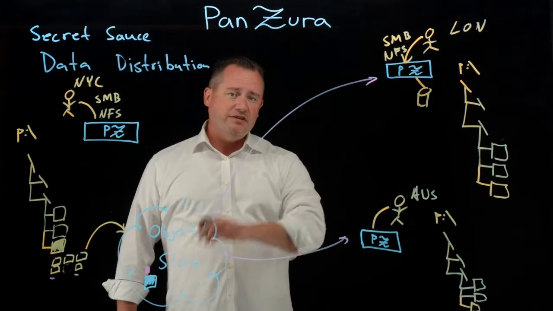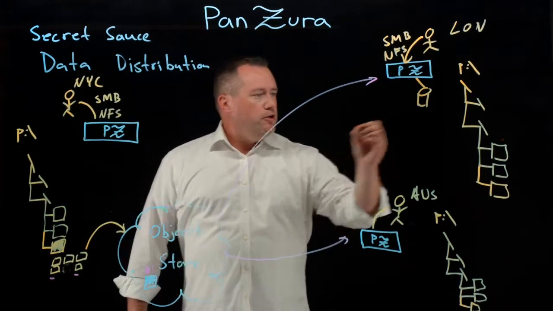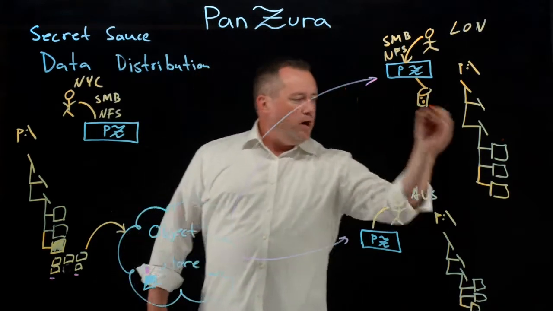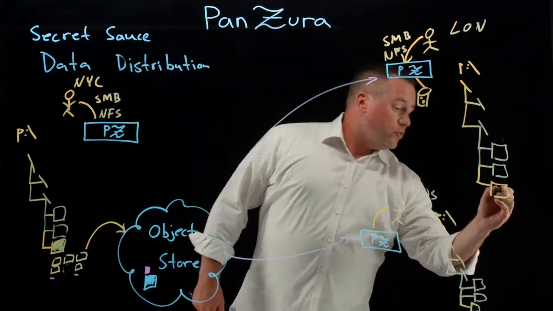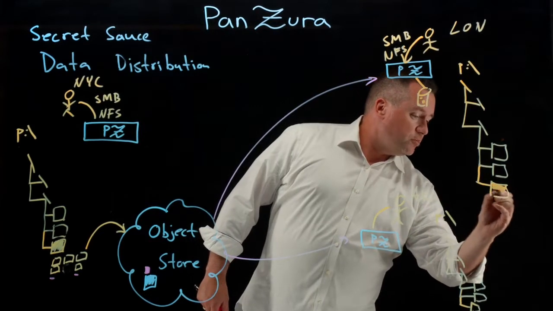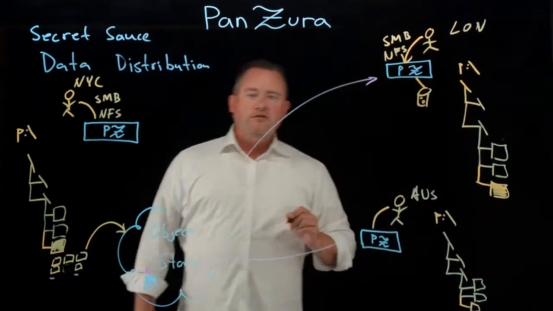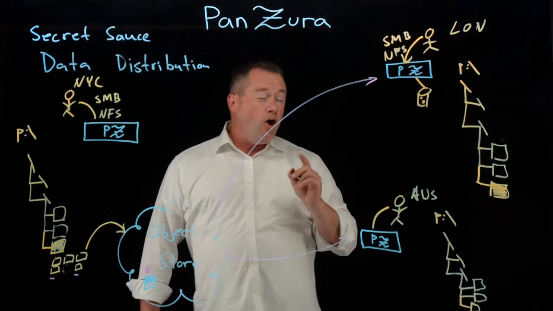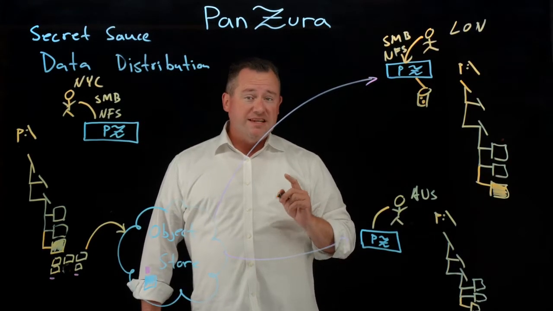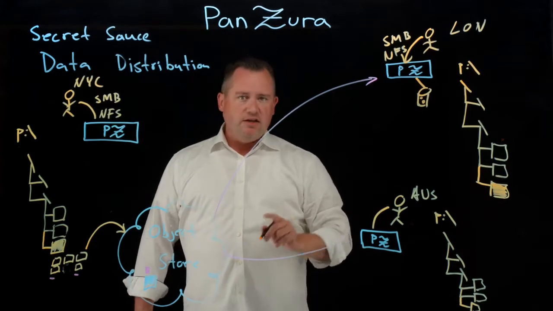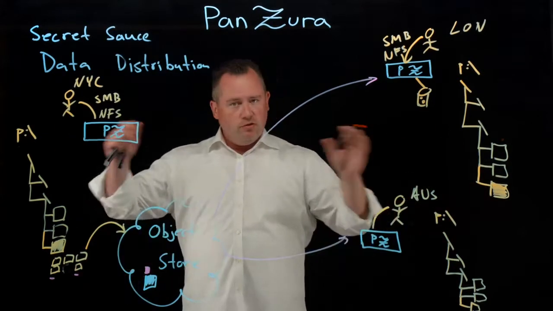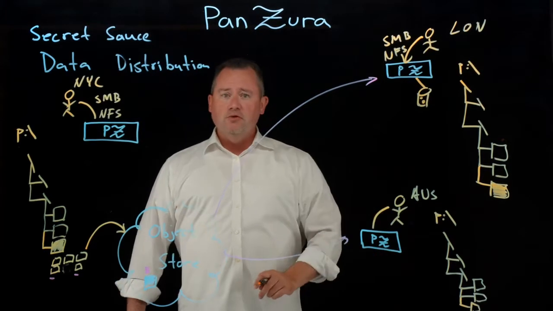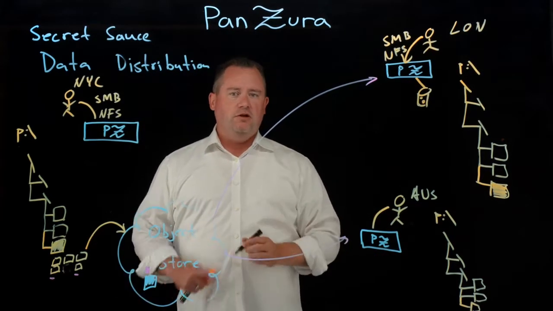So we effectively dedupe at all times. We're going to pull a few blocks out of cache that were needed. We're going to move the one block out of the cloud that's needed. We're going to move that in parallel very efficiently, completely filling the pipe. That allows that file to completely be there, to be read by that user. And all we moved was the necessary data. We did not attempt to move everything. We did not attempt to move any amount of data to a location that didn't need it. Notice Australia, that guy didn't care about the file. We didn't bother moving it to him. Very, very efficient on the wire.